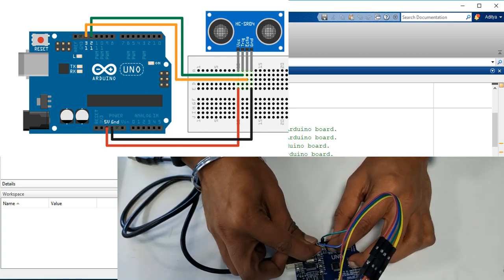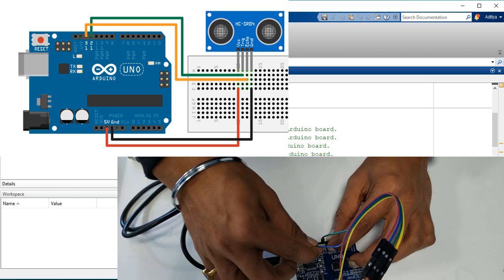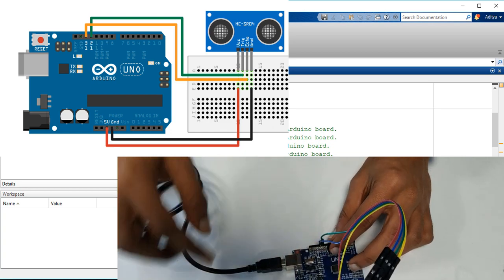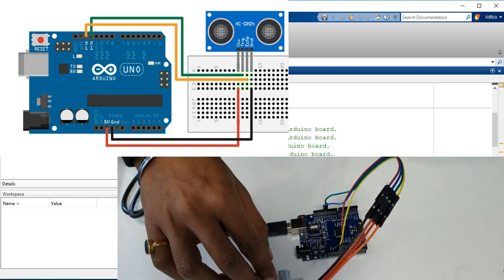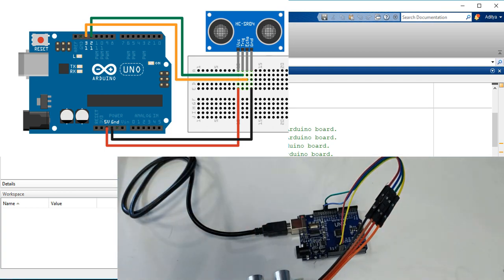So these are the connections, and I hope you guys have understood the connection. If you have any queries, you can always refer to the connection diagram, which I have already shared on my screen.